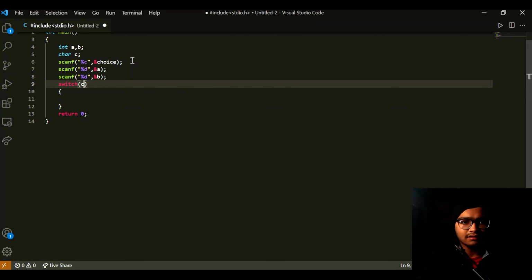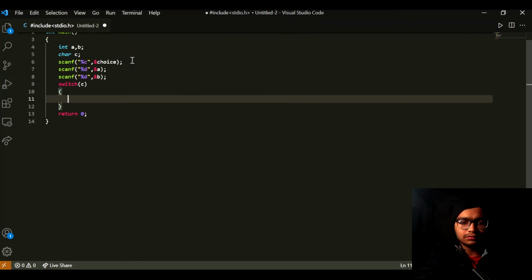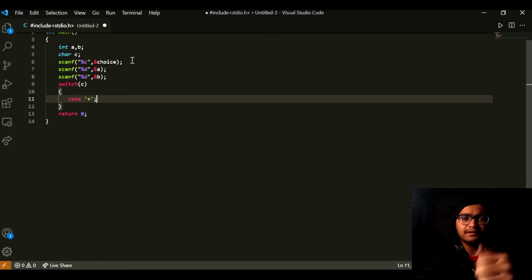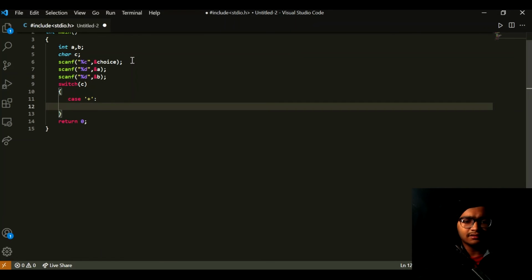So we will switch c, which is storing our choice. So if case is, so how do we compare the equality of a character? By using single quotes, right? So what will we write in single quotes? If case is plus, that is the user wants to add. So what will we do in that case? We will do